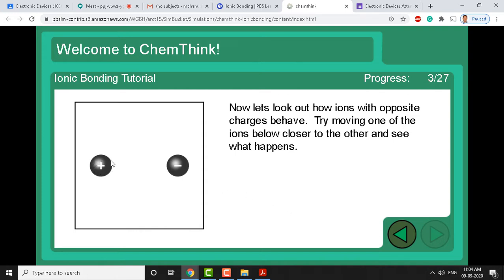Here one of the ions is positively charged and the other one is negatively charged. Now let us see what happens if I move them very close to each other. They attracted each other. Let me separate them again. Even if I place them far away and leave the ion, if it is too far away, it doesn't attract. If you maintain sufficient distance, these ions attract each other. If you even place one above the other, they overlap. This is what you see when the two ions are of opposite charges.